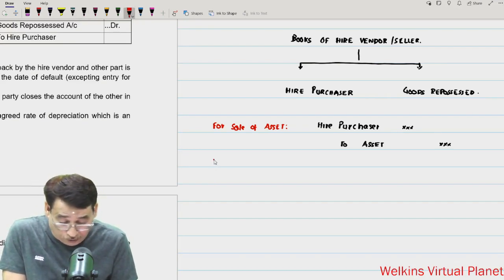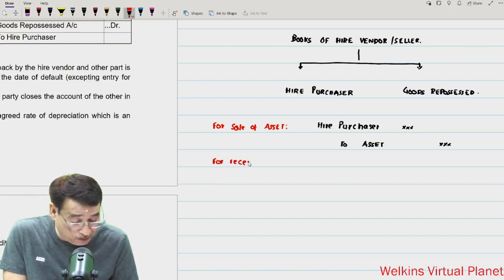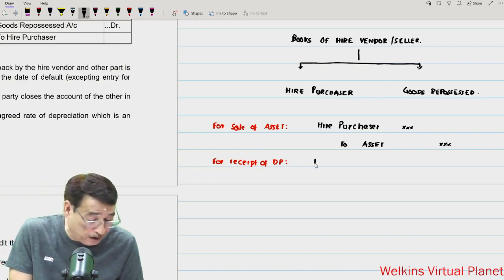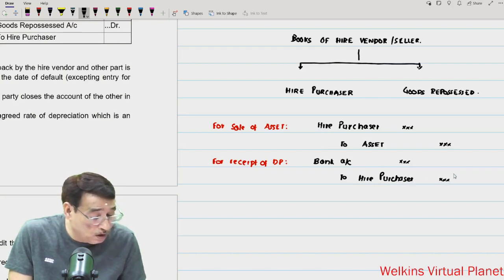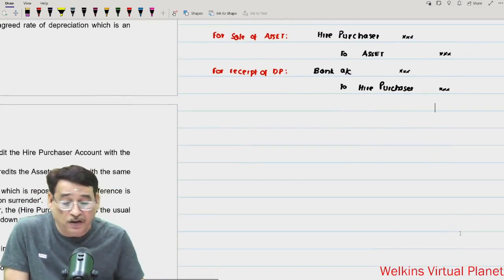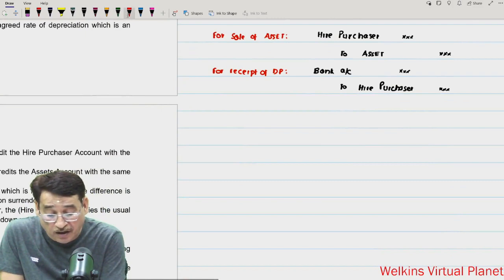receive some amount for receipt of down payment. For receipt of down payment. When he receives the down payment, he will pass the entry: bank account debit to hire purchaser account. Bank account debit to hire purchaser account. So on the date of sale, generally these two entries are passed, and when he reaches the year end,